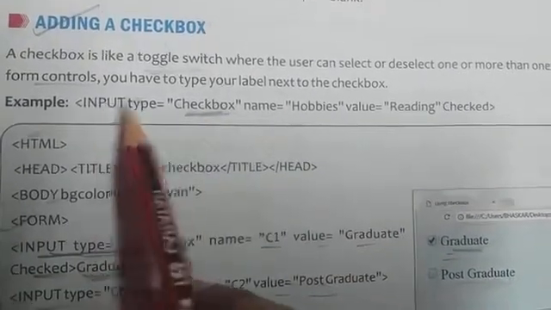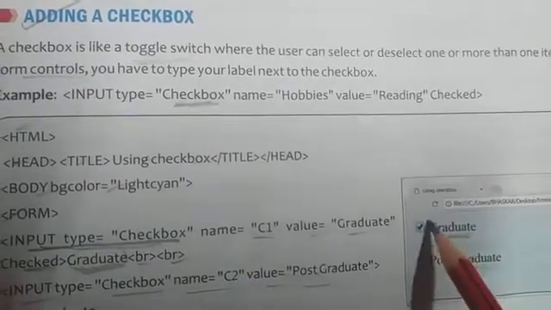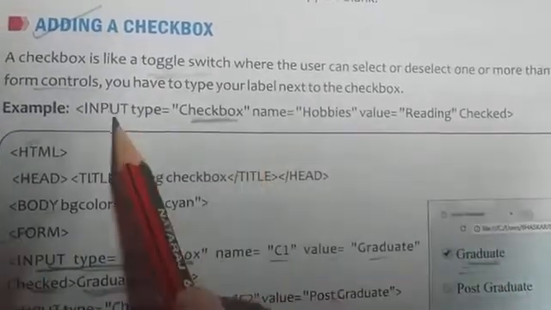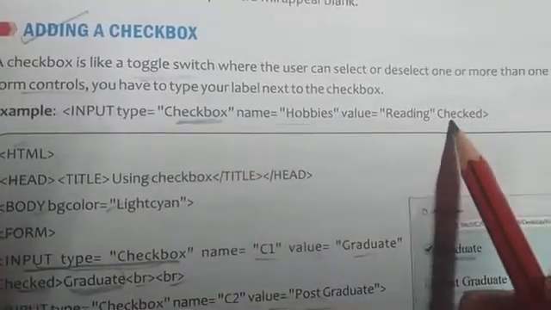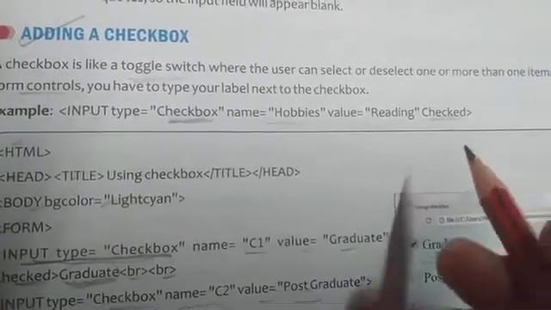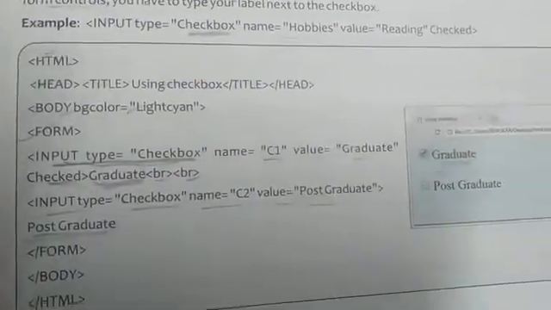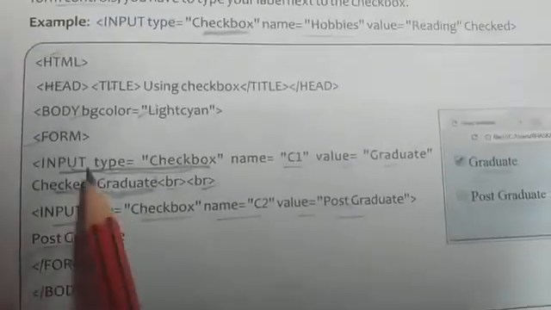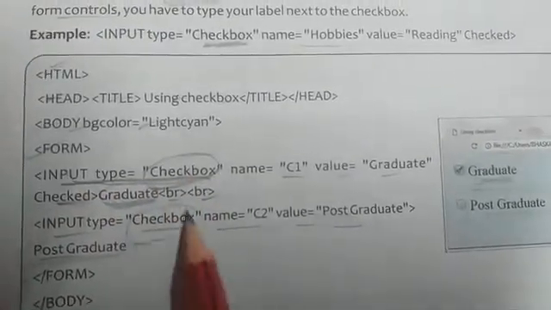We have used input type equal to text for text box. But now we are going to create a checkbox, so we have to write input type equal to checkbox. Then name we have given, value given, and we have used here checked. Means whenever we run our code, by default it will give a checked box. So now see, this code is the same as the text box, the only difference is input type equal to checkbox. We have to write here checkbox.